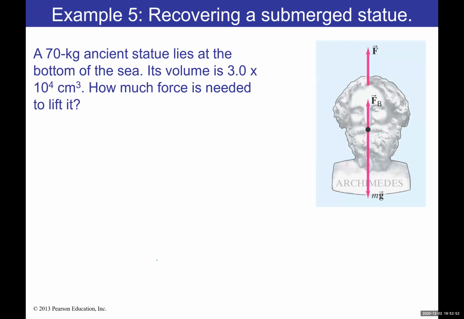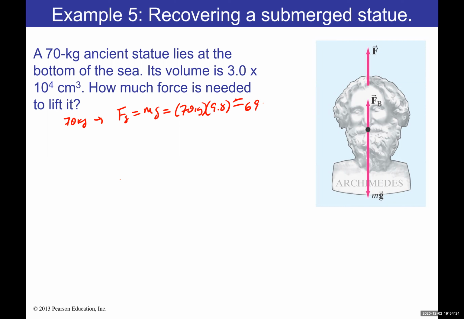All right, so here's an example. You have a 70-kilogram ancient statue that lies at the bottom of the sea. Its volume is 3 times 10 to the 4 cubic centimeters. How much force is needed to lift it? We're given the mass of the statue, which is 70 kilograms. That means we can calculate the gravitational force, which is mg. So we can calculate this to be 70 kilograms times 9.8, which equals